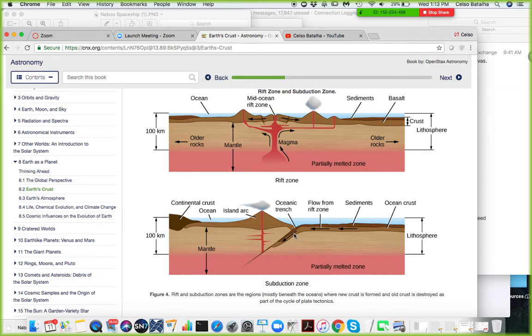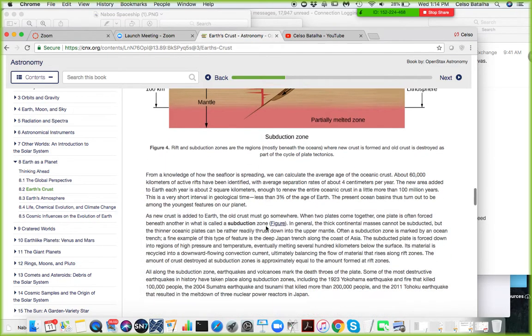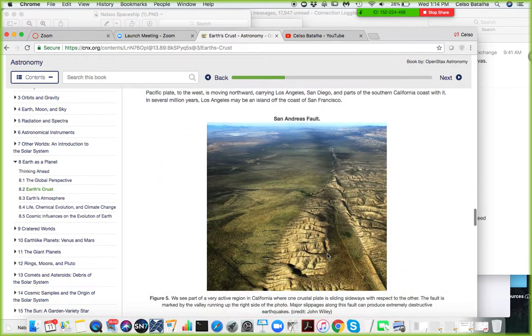And as a result of the slab sinking down, bringing sediments with water, with moisture, this water and moisture, in fact, reduce the melting point of the mantle, and then it melts. So rocks in the mantle are not melted; they are just hot. But once they are exposed to humidity, basically, their melting point is reduced, and then it melts. And as it melts, it bubbles up because the density is less, forming a chain of volcanoes, a subduction zone, and San Andreas, which we are pretty much